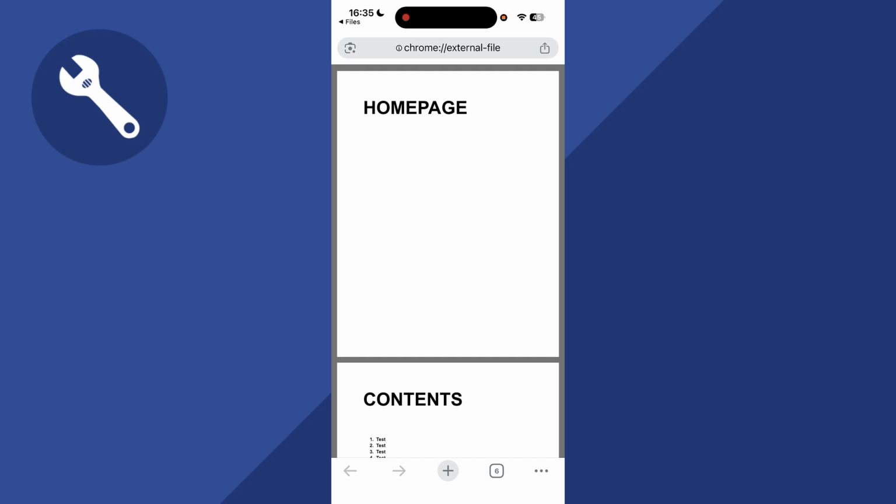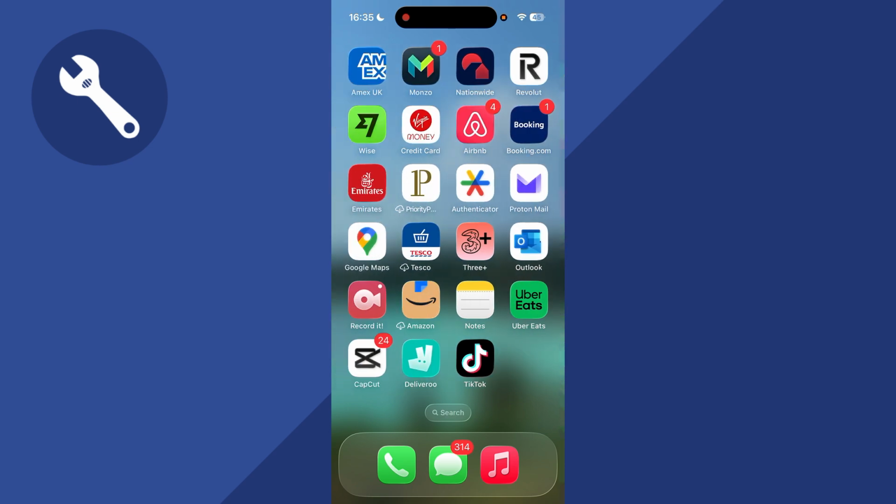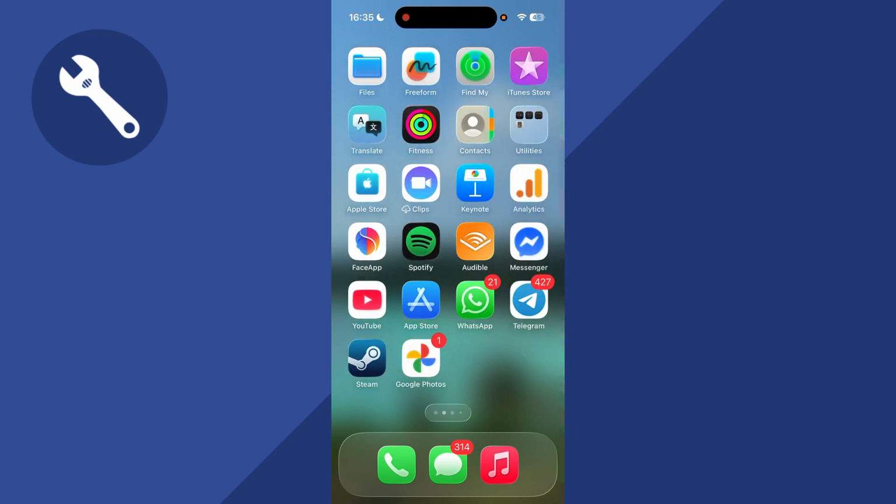How to open a PDF document on your iPhone. So I'm going to show you a couple of different ways that you can go and open PDF files straight from your iPhone. Now, the first thing you can do is go and open the PDF from the Files app